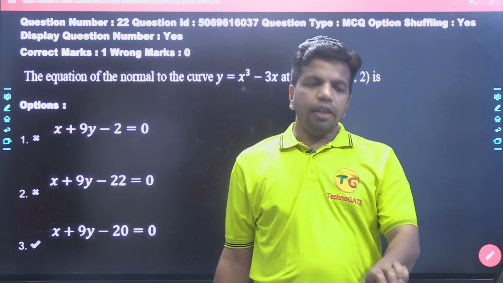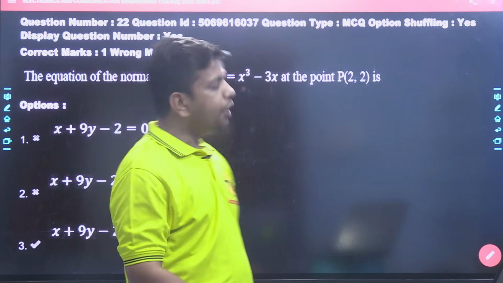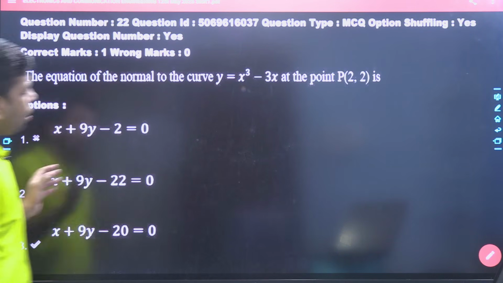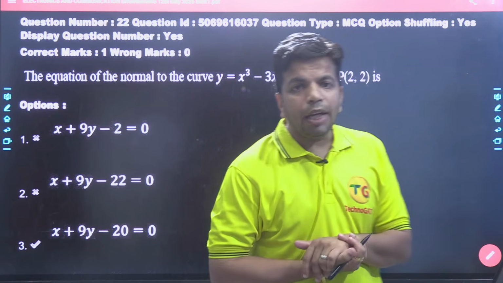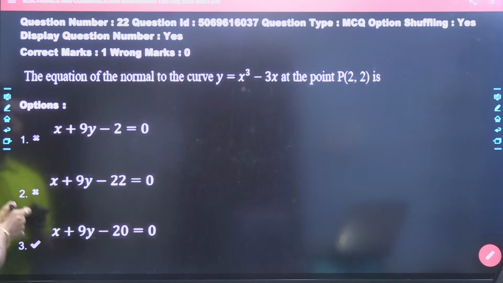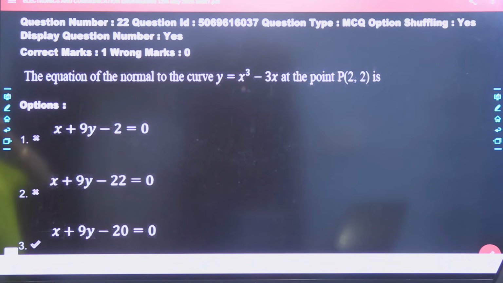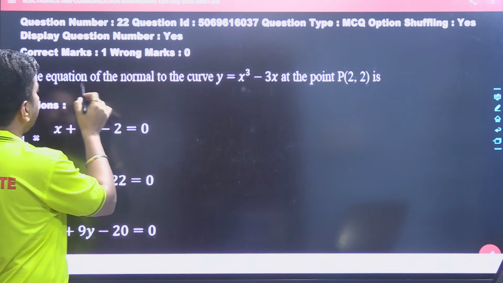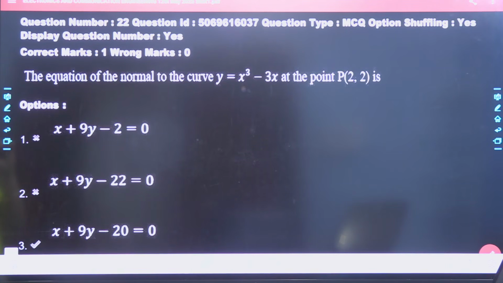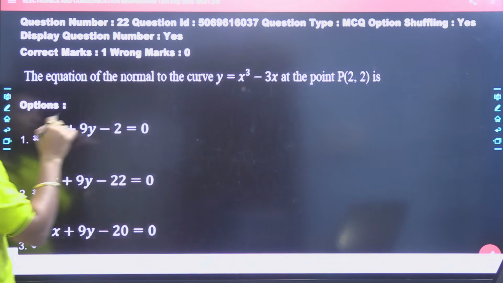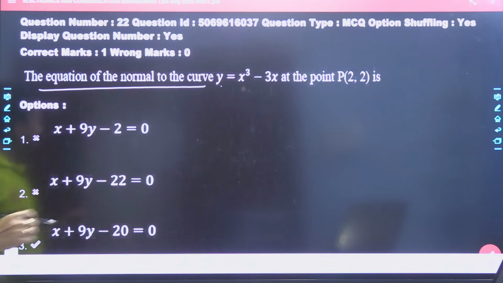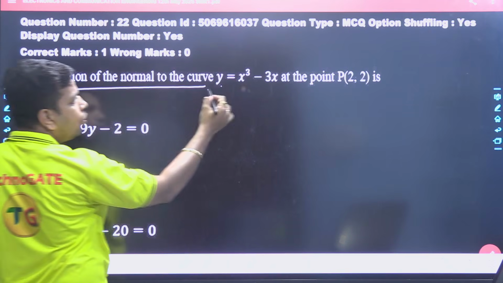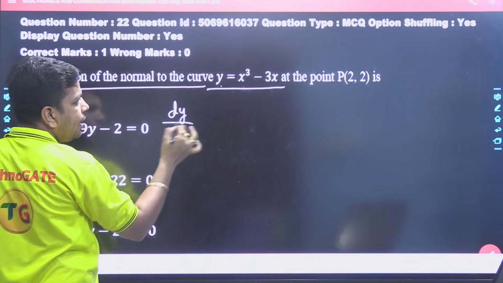Now see the next question, question number 22. You can see here, the equation of the normal to the curve y equals x cube minus 3x at point (2, 2) is what? There are 4 options. We need to identify which option is correct. So first of all, what to do? We need to differentiate to get the slope of tangent. So when we differentiate this with respect to x, dy by dx